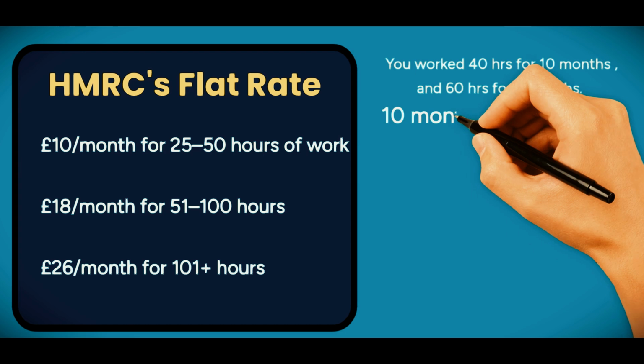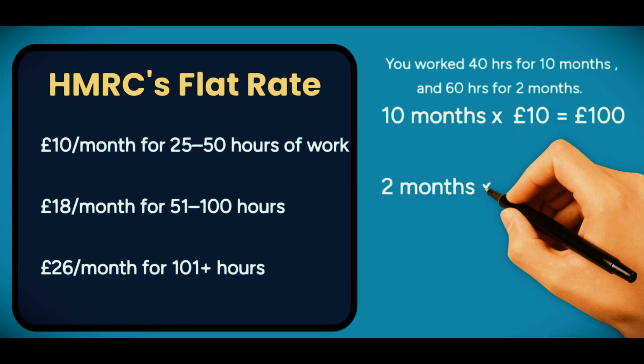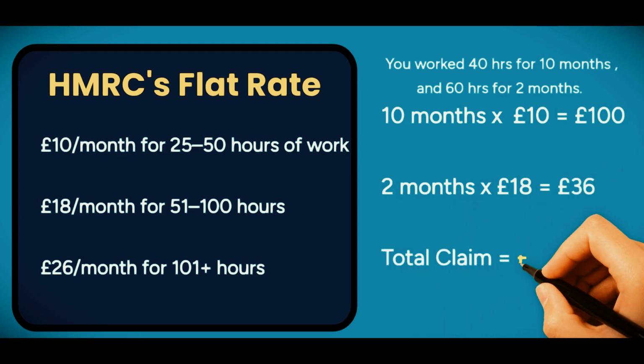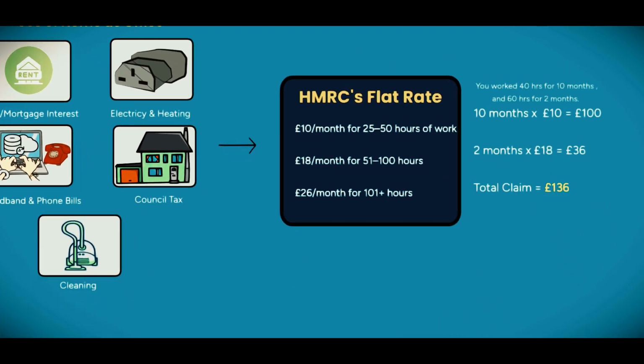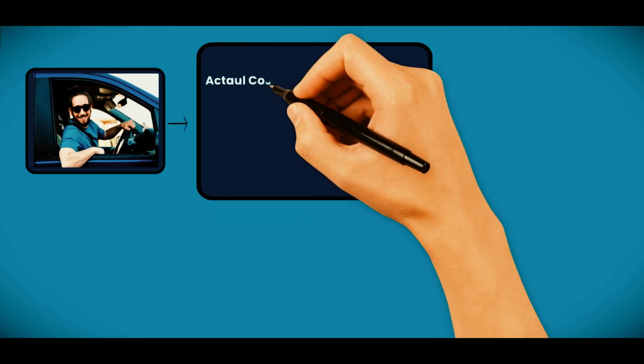For example, if you worked 40 hours from home for 10 months, but worked 60 hours during 2 particular months, you can claim £136. If you use your own car for business journeys, you can either calculate your costs,